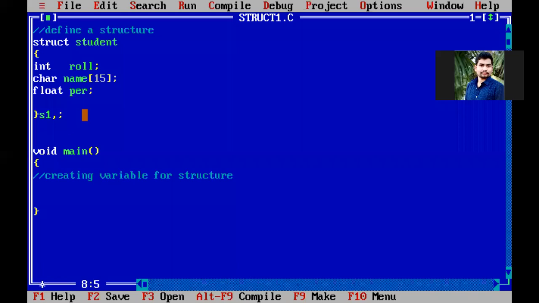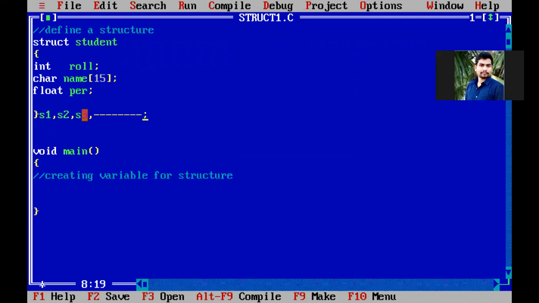And what about the second student? Again you have to create S2. S2 will have one more copy of roll number, name and percentage. Into that you can store the second student's roll number, name and percentage. And what about the third student? S3. Into S3 we will have one more copy of roll number, name and percentage. Like that we can create n number of variables.